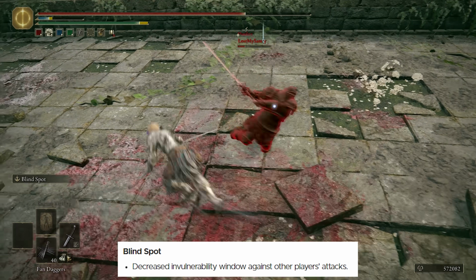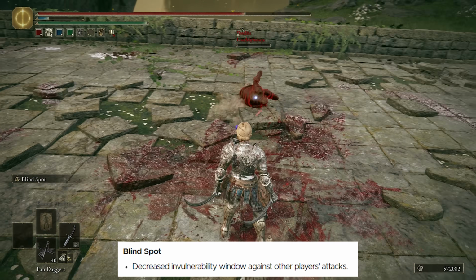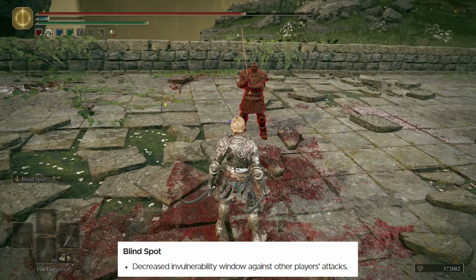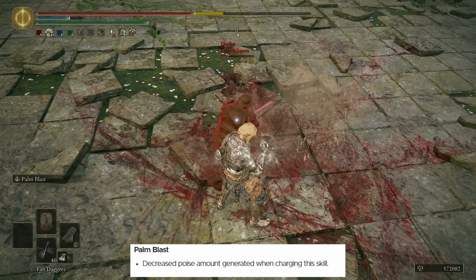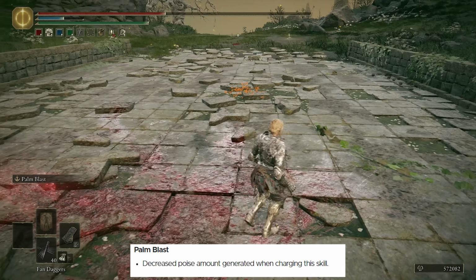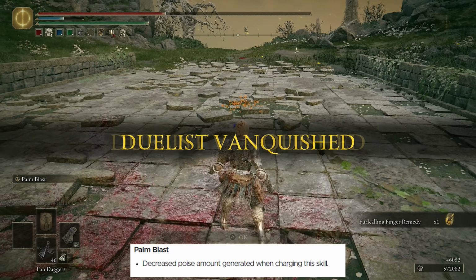Blind Spot also received a nerf to its invulnerability window, although I'm still really easily able to dodge any attack Lost throws at me and reaction punish it with the Ash of War. Palm Blast also received a nerf to its poise, although I'm still able to tank 2 hits of a Colossal, so I imagine you can't just sit there and tank anything in existence anymore, but it's still going to be